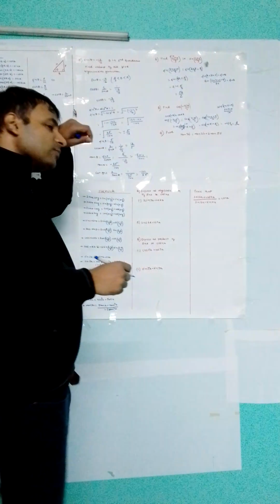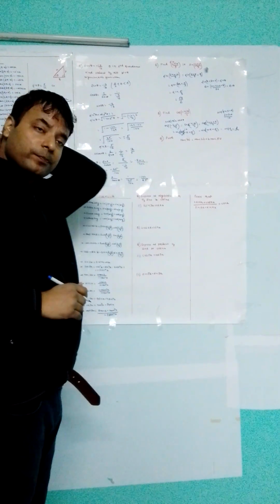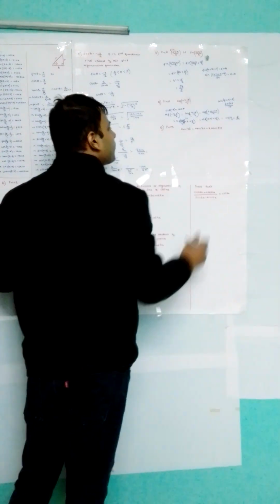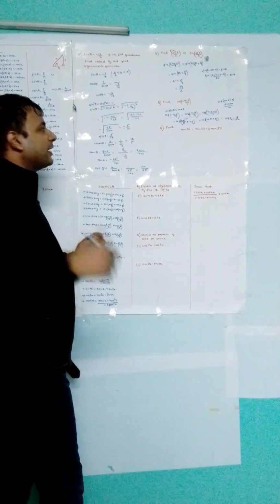Look, these types of questions will come and you will have to solve in this manner. And look, the proof will also come. So it comes in the board examination. In competition, the proof doesn't come. But if you have the knowledge of this proof, then you will be able to implement that.